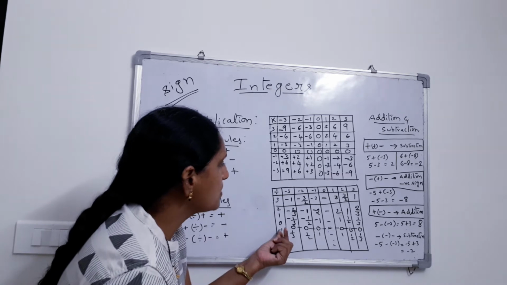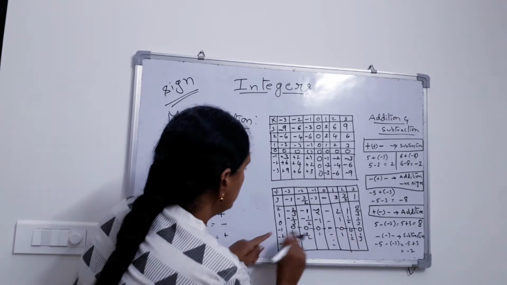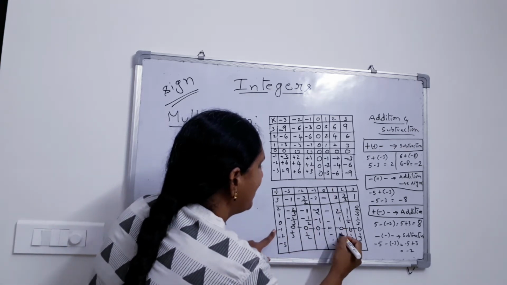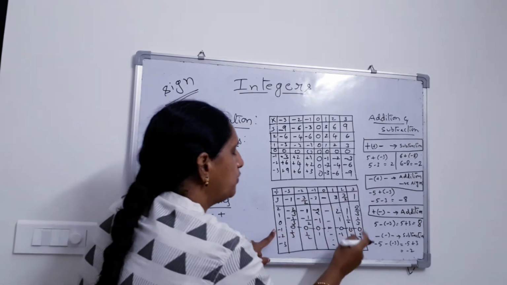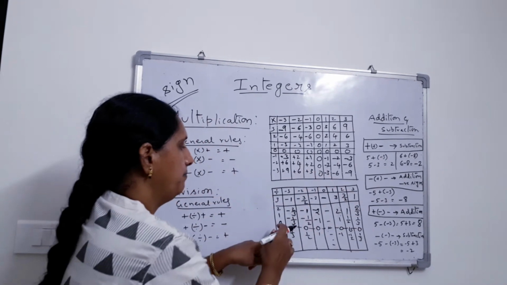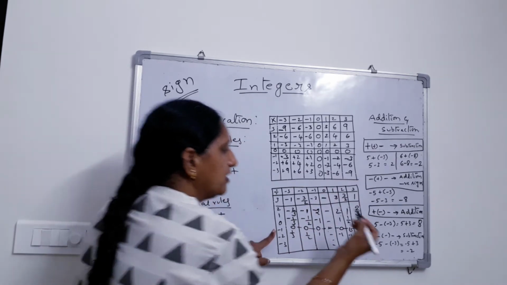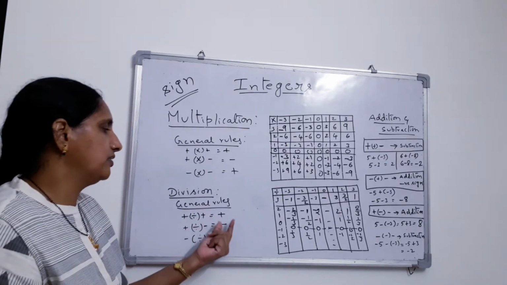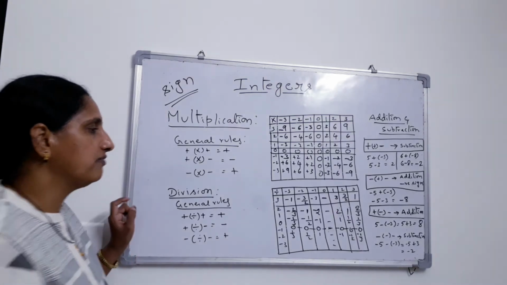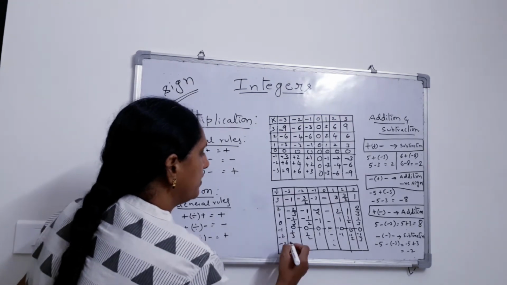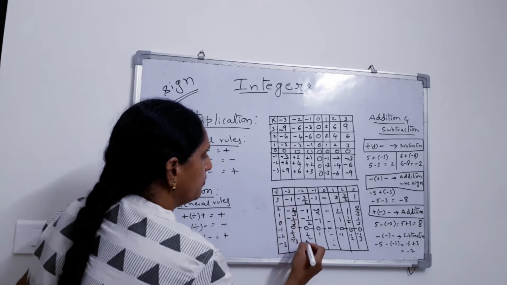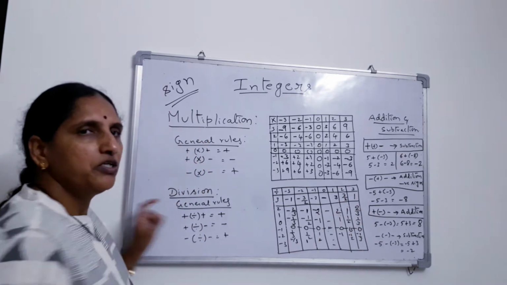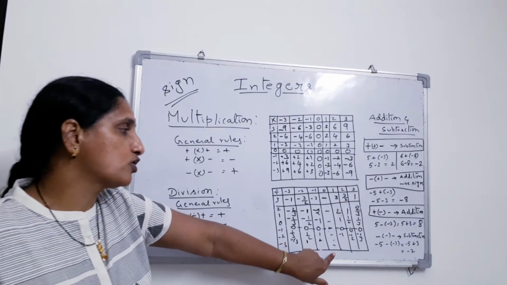So now here see this part. So, it is minus 1 by 3. Is it minus 1? Yes, minus 1 by 1 is minus 1. Minus 1 by 2 is minus 1 by 2. Minus 1 by 3 is minus 1 by 3 because minus divided by plus or plus divided by minus, you are going to get negative value only. So here again positive, 2 by 3. So 2 by 2, 1, 2 by 1, 2, and the rest of the things please you try to fill the gap and then post me the result.